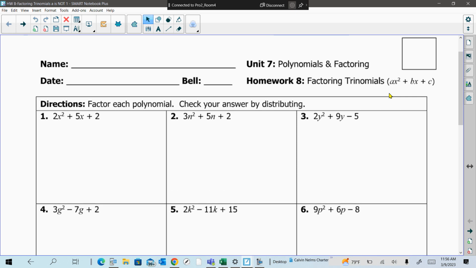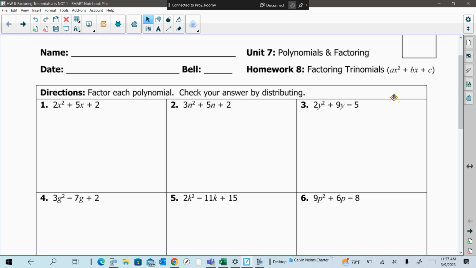All right, guys, this is your homework for tonight. Some of you started this in class, and you need to finish it. I'm just going to go over a couple just to recap, remind you of what we did today. We did the slide,